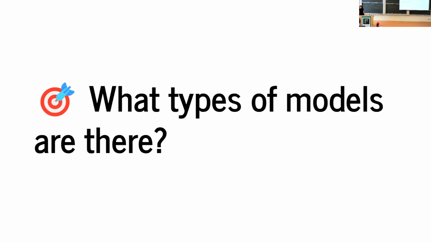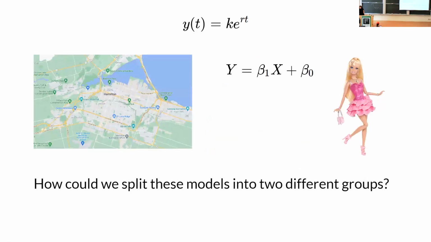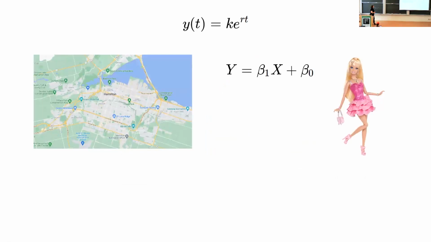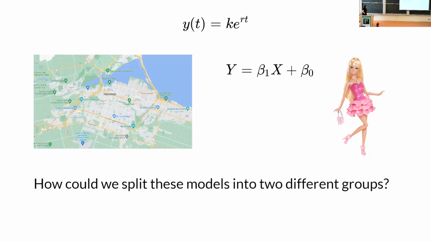Okay, so what types of models are there? Going back to my little simple examples of models, you can look at these in different ways as different kinds of models. But if I, for instance, want to think about separating these into two different groups, what would you do? There are a lot of different possible answers here. How might you separate these? If I told you there's a secret grouping, it's not necessarily 2 and 2, and you can put different labels on them, what would you do?